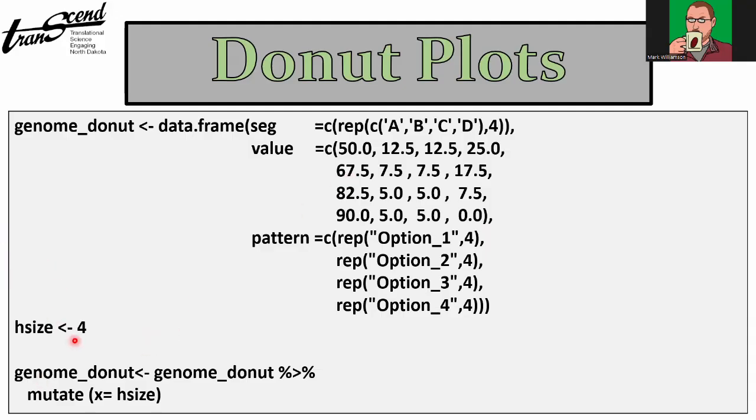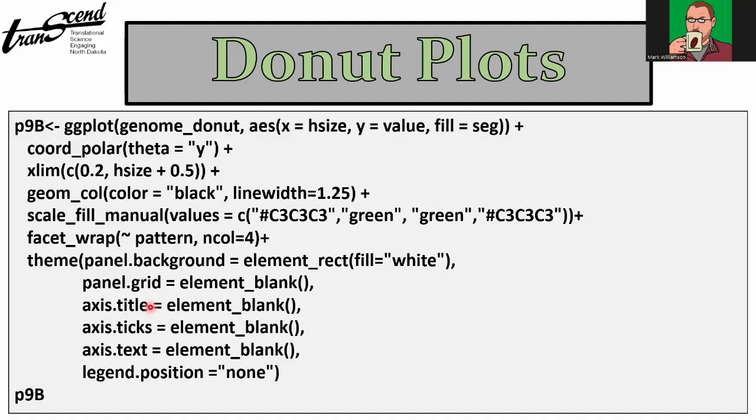We're going to use object h size 4, and then with the genome donut, we're going to mutate it and then add x as h size. This will make sense when we get to the next step here, because then we're using a slightly different setup with ggplot to create a donut plot, and we have more flexibility to make it our own. So we're not going to use rectangles. We're going to use